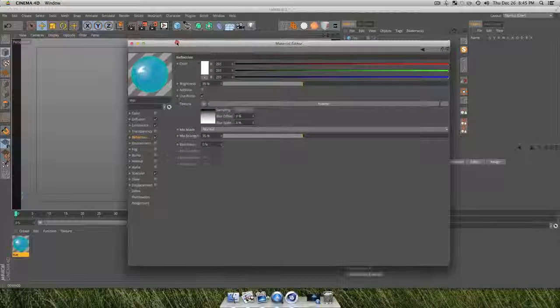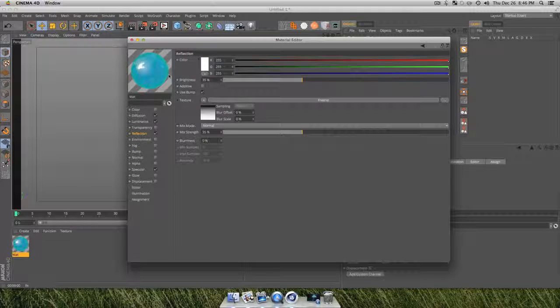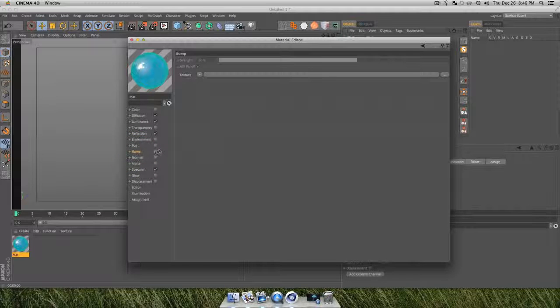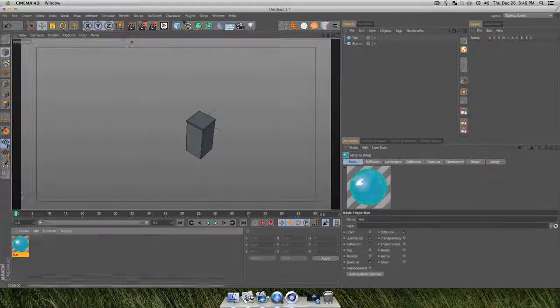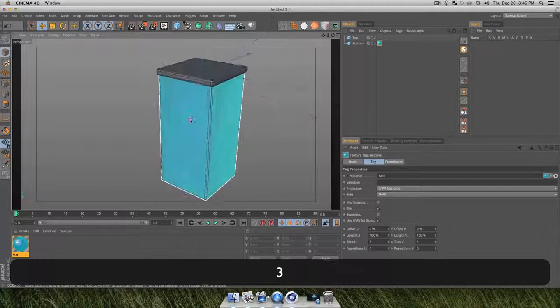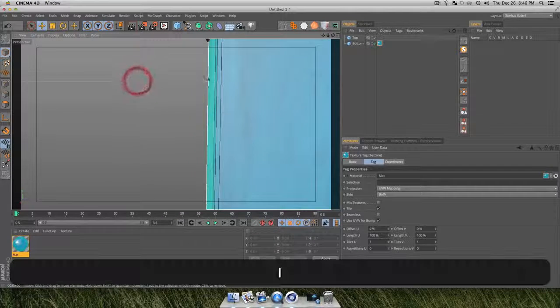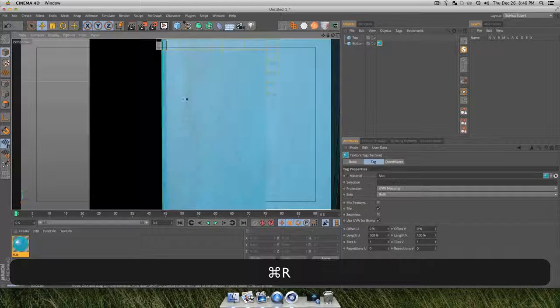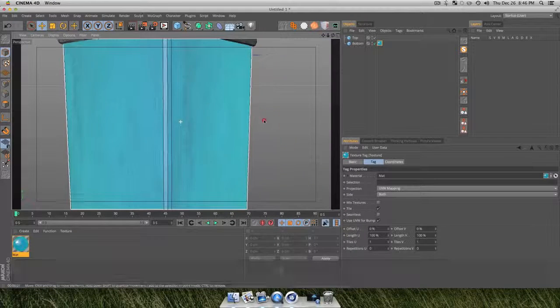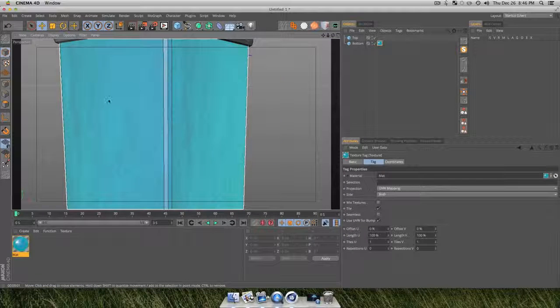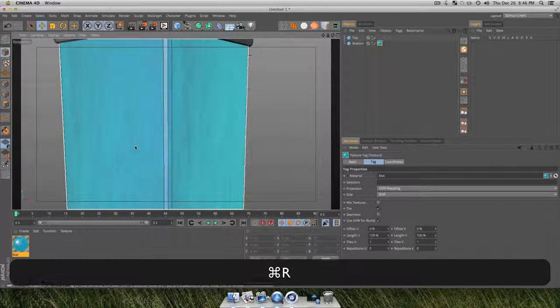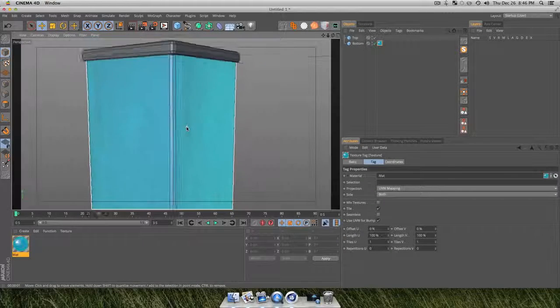I haven't talked about this in other videos, you may or may not know about it, but this bump option here will actually add a texture to your material. I'll show you right now. If I drag and drop that material on here, it looks pretty cool. As you can see, we have this nice color and a nice gradient to it, but we don't have the texture. You see these little dots, but you don't see the actual dimple or whatever you'd call it